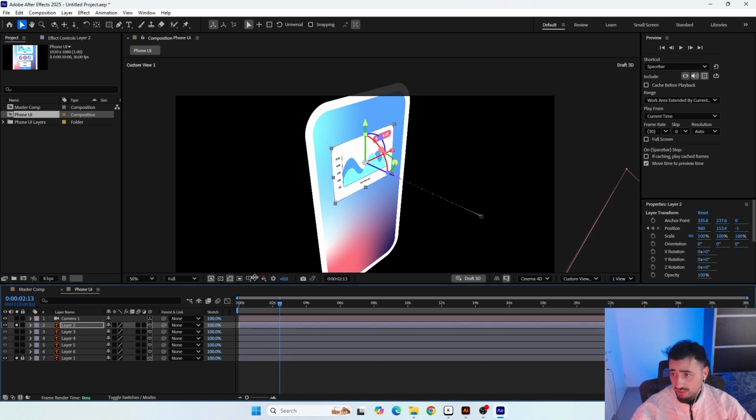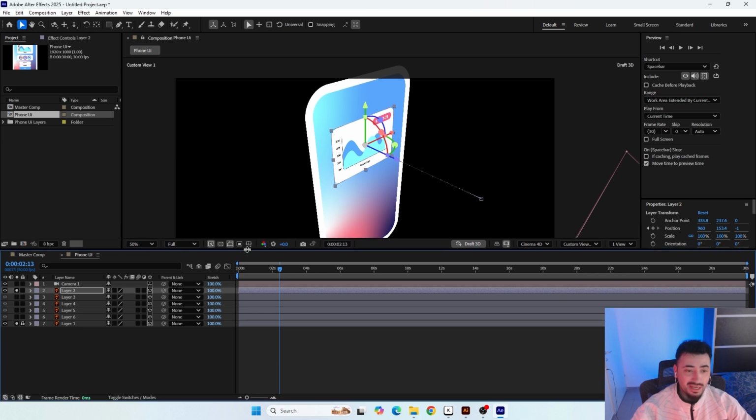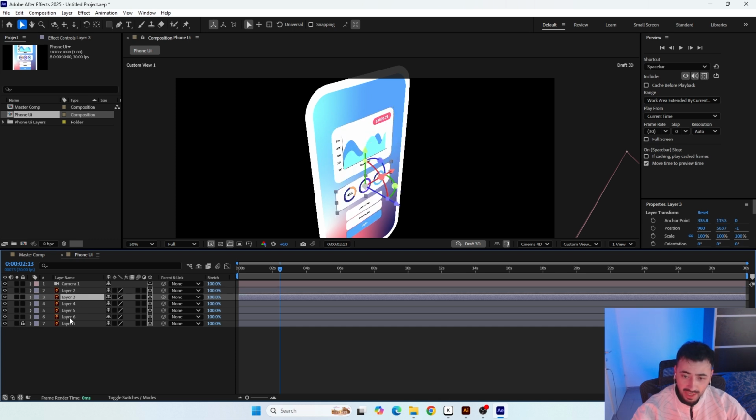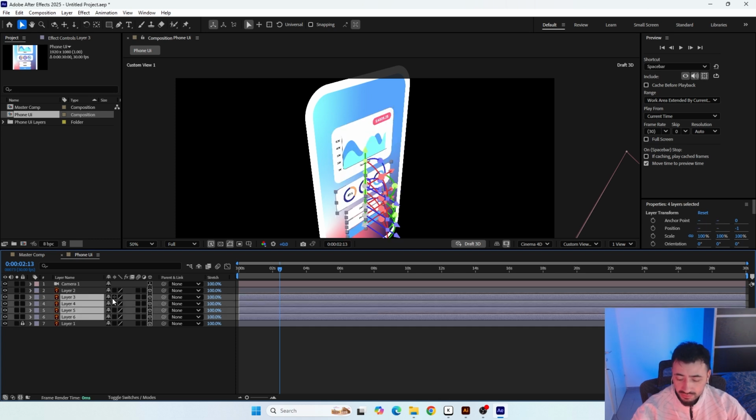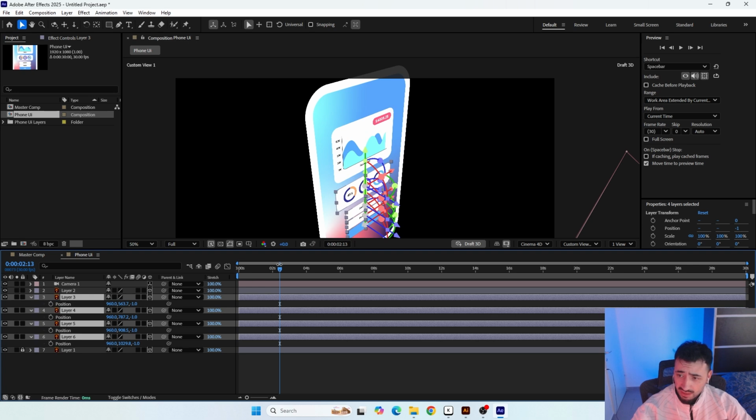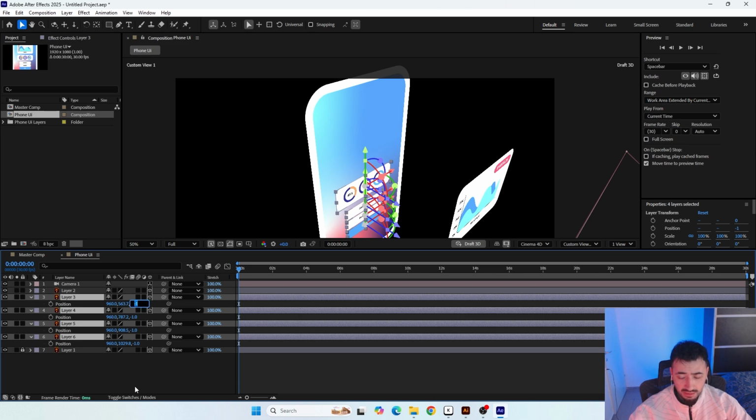Alright, so pretty much we've covered the entire thing, and now what is left to do is apply this animation to the rest of the layers. So let's unisolate all the layers and select them all, press P, and start to create the animation. So at the beginning of the animation, the z-axis needs to be -1000. And if I press enter,